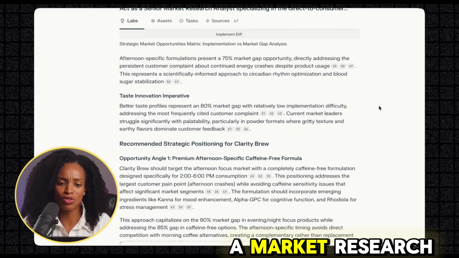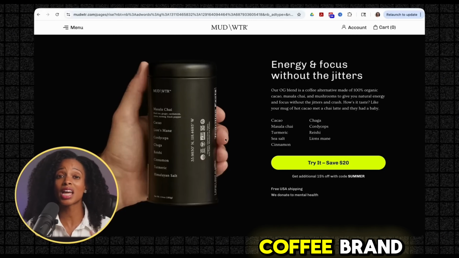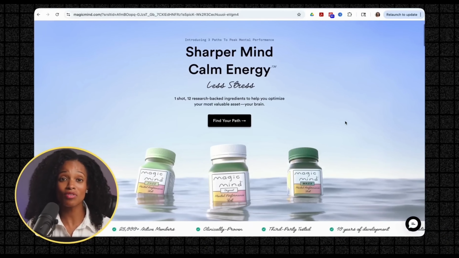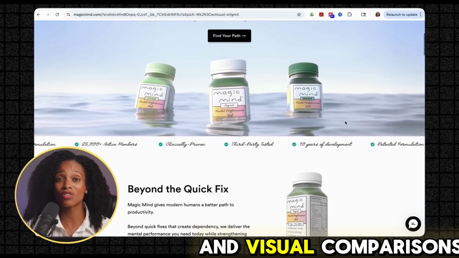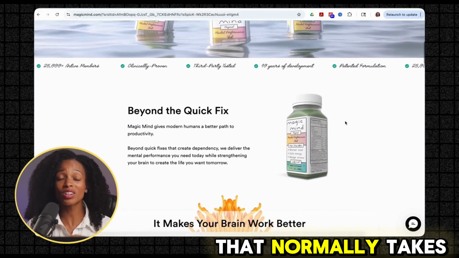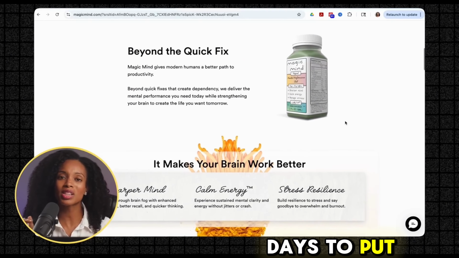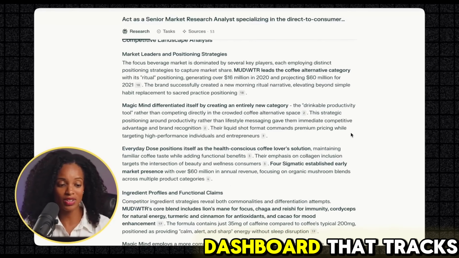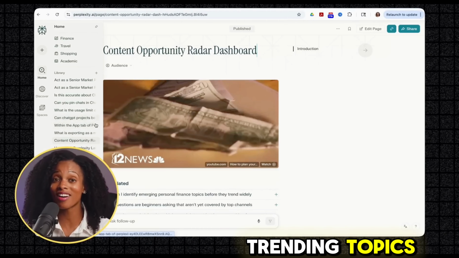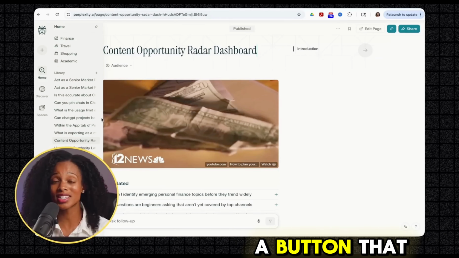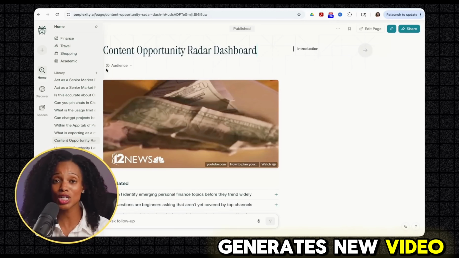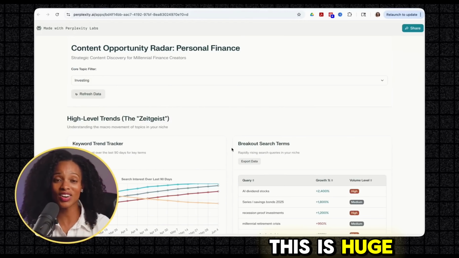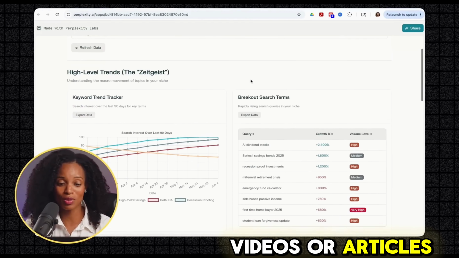Example 1 is a market research brief for a coffee brand. Labs built a competitor analysis, complete with charts and visual comparisons that normally take days to put together. Example 2 is a content creator dashboard that tracks trending topics and even includes a button that generates new video ideas based on current searches. This is huge if you make videos or articles and need